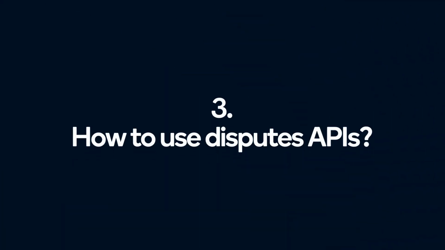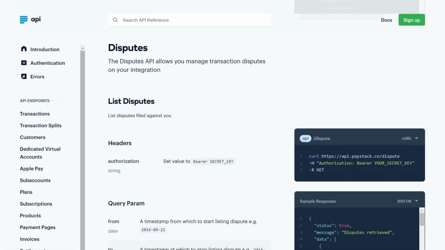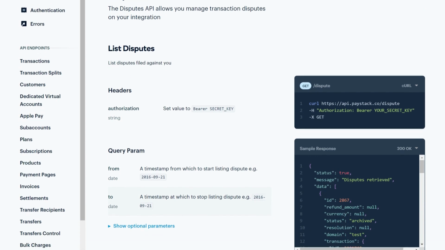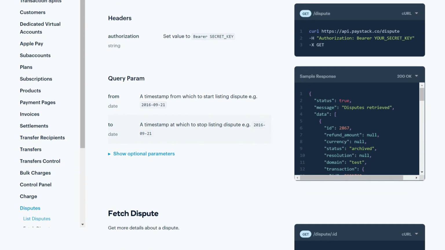Whew. Now that we're experts in managing disputes from our Paystack dashboard and the mobile app, let's talk about how to use the Disputes API. The Disputes API is by far my favorite dispute resolution channel and the most efficient method of the three. It works by using our Disputes API endpoints to automatically retrieve and resolve all your disputes with zero manual intervention